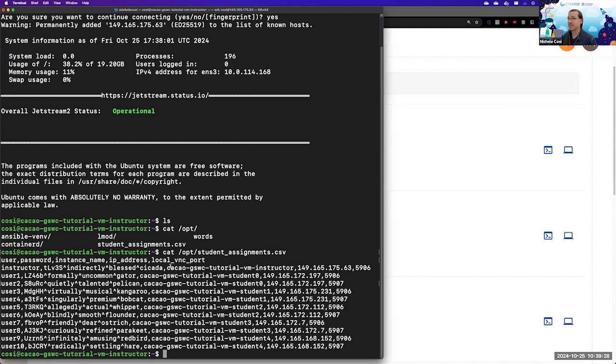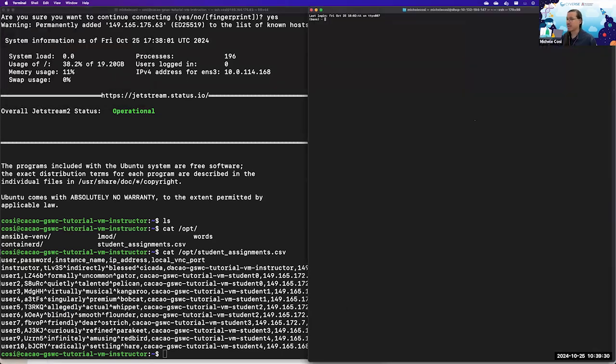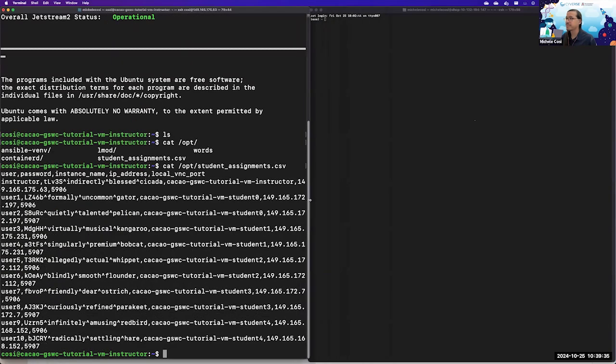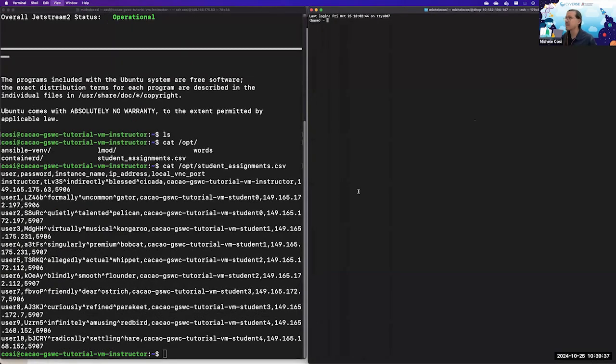But let me show you how to connect. I'm going to use user 1. I'm going to make this slightly bigger. I'm going to type in SSH. I know that I want to use user 1, so I'm going to go ahead and type in user 1 at, and right here at the end, I know that I have to copy this address and paste it.